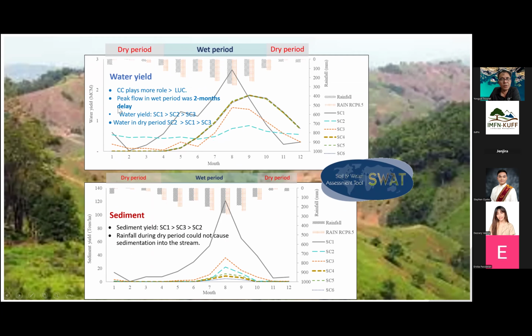This one shows very clearly. Okay, this one is right now. So climate change will play more roles in land use land cover. But if we have the integrated land use, we can maintain the flows of the water at least 2 more months because we have the cloud cover. And for the sedimentation, with the integrated forest or conservation forest, we can substantially reduce the amount of the sedimentation